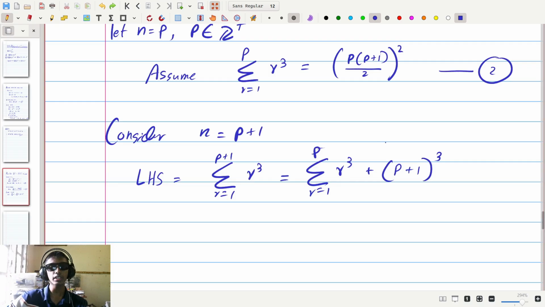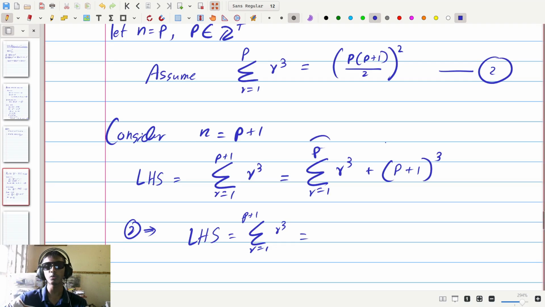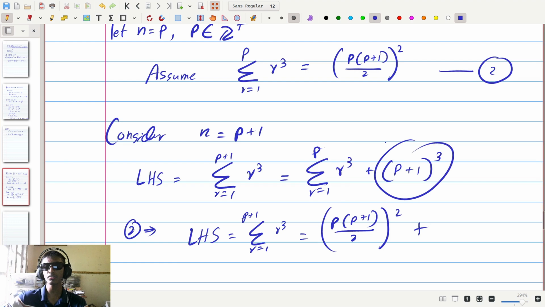So substituting from 2, we get that the left hand side, the sum from r equals 1 to p plus 1 of r cubed, is equal to this sum, which is p times p plus 1 divided by 2, whole thing squared. Here you can see I'm directly substituting this bit into here,